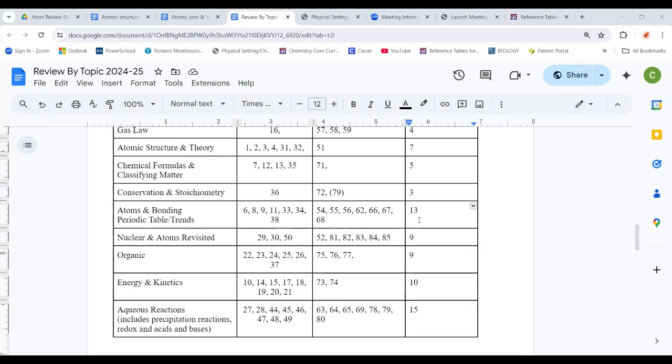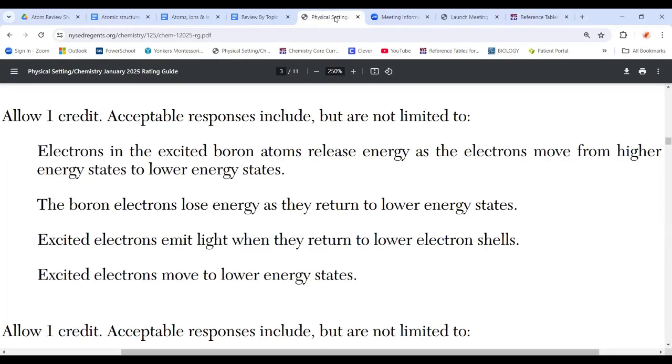So again, this will get you a whopping 13 points. In this exam, it was 20 points worth of material between both of these videos. So let's keep our fingers crossed that this exam looks like January 2025. Let's head over to the Regents and just start knocking off